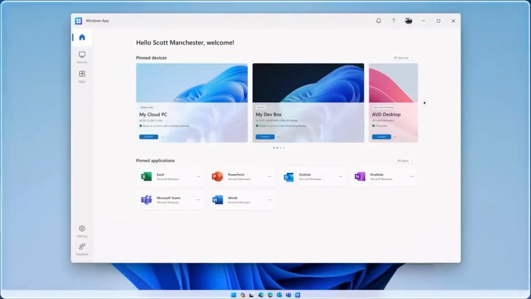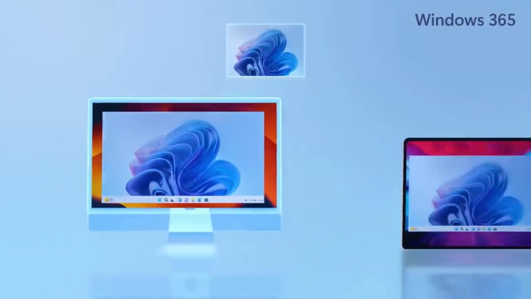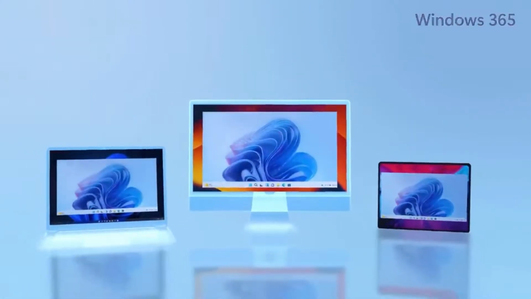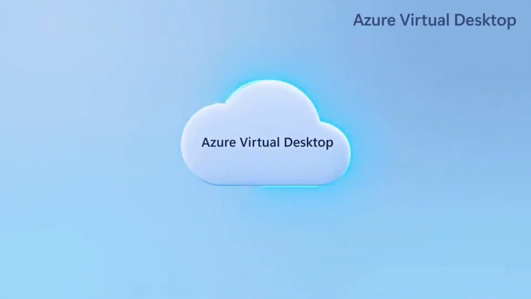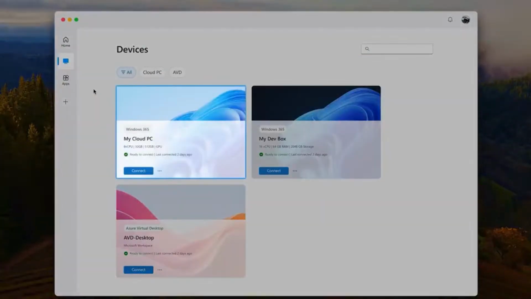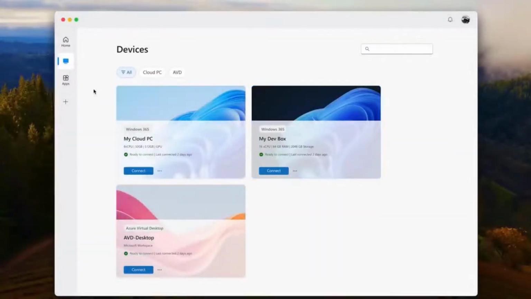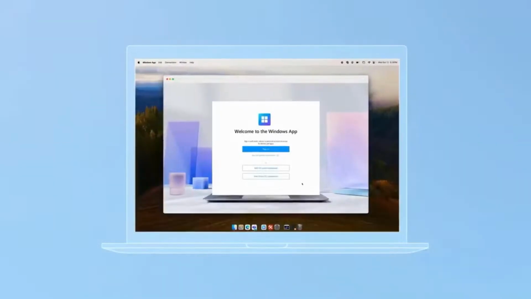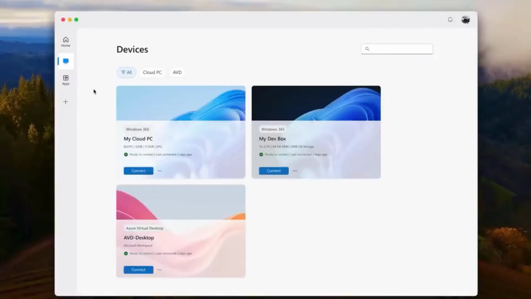For admins, provisioning all remote Microsoft services tailored to individual user needs has never been easier. They can choose between options like Windows 365, offering secure desktop access from any device anywhere. They can choose Microsoft DevBox for cloud-based developer workstations, or Azure Virtual Desktop for full virtual desktops and remote apps. With all these options on Windows app, admins can configure all solutions in one single app proactively for the best end-user experience. For the end user, Windows app provides easy access to all these resources in one unified space, simplifying